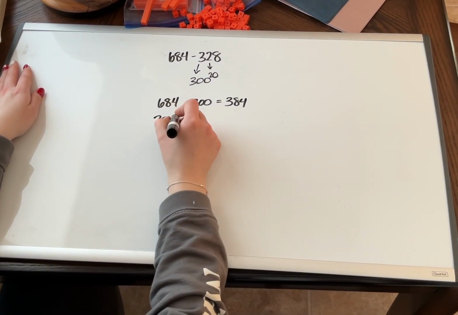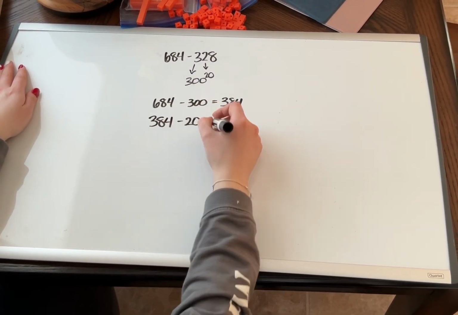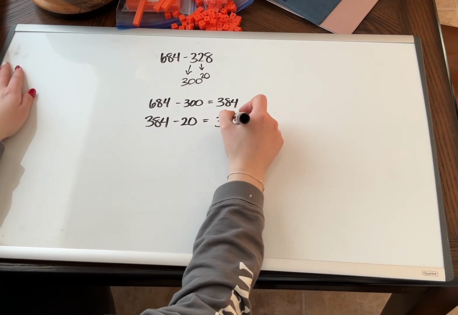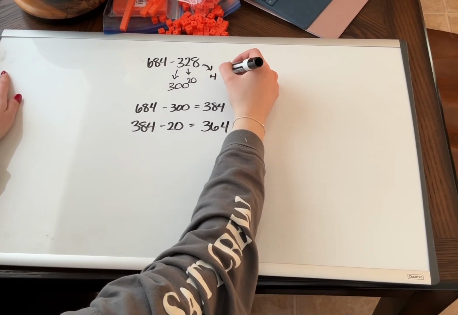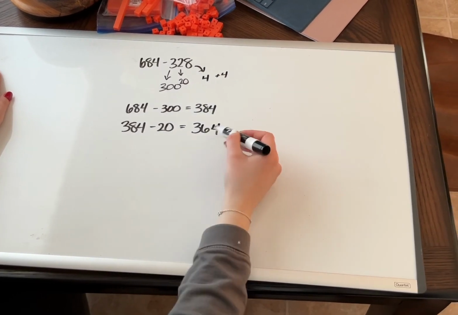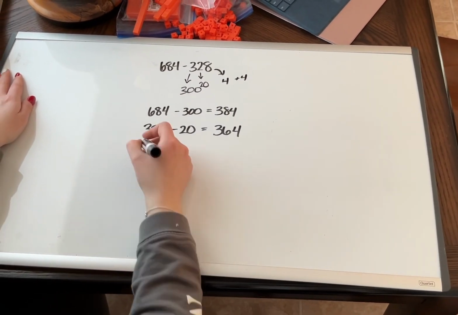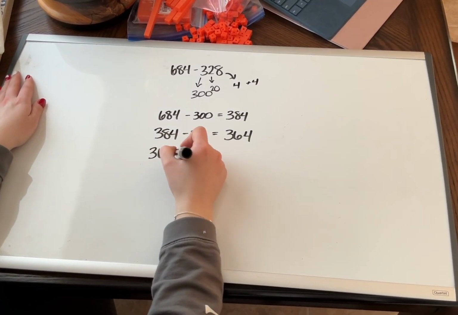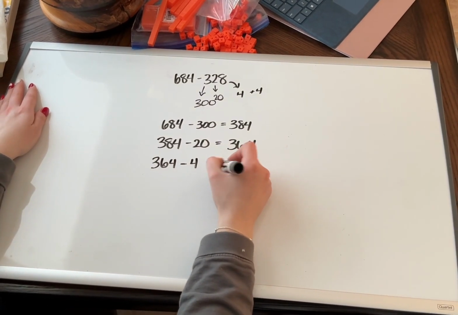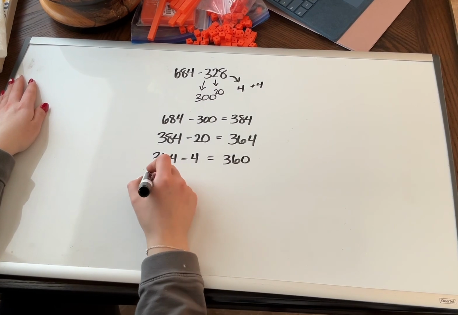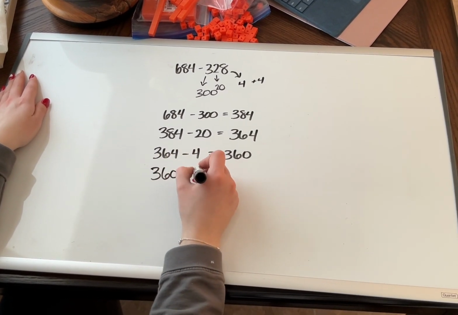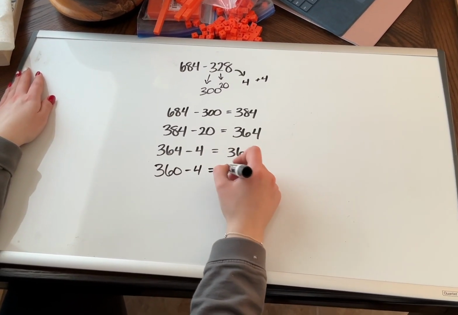So 384 minus 20 is 364. And then instead of minusing just the 8, I'm going to do 2 groups of 4 because we have a 4 in our ones place right here. So we can do 364 minus 4 would be 360. And then I know that we can just do 360 minus 4, which is going to be